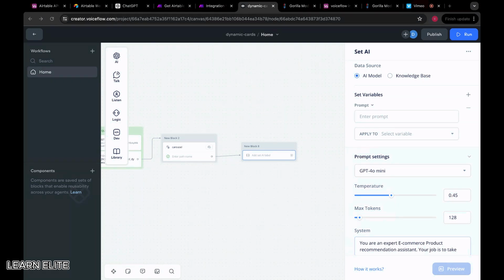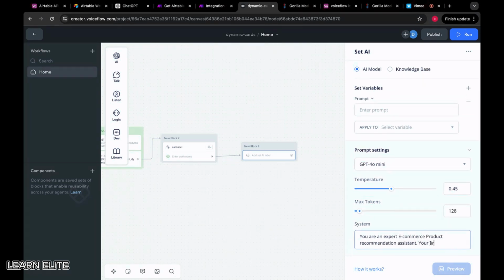Let's think about this. You're interacting with a user that is querying, asking,